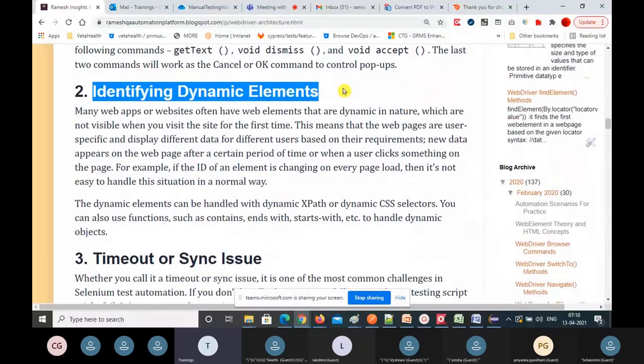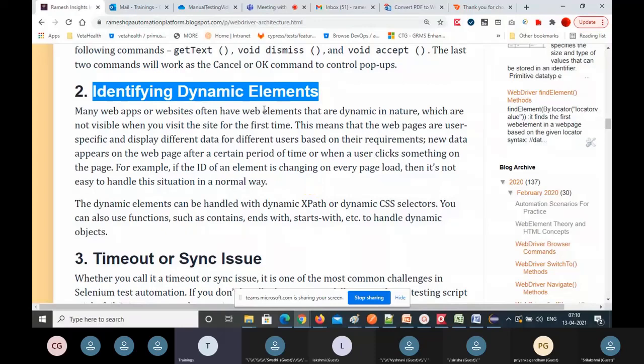Next, identifying dynamic elements. Another challenge is identifying dynamic elements. Many websites nowadays develop dynamic elements, which means they generate random IDs, random names, and attribute values. In such cases, handling them is a bit complicated, right?